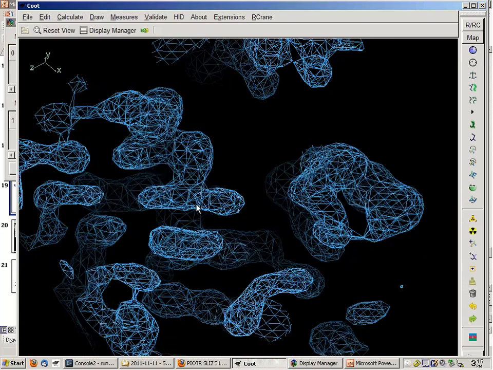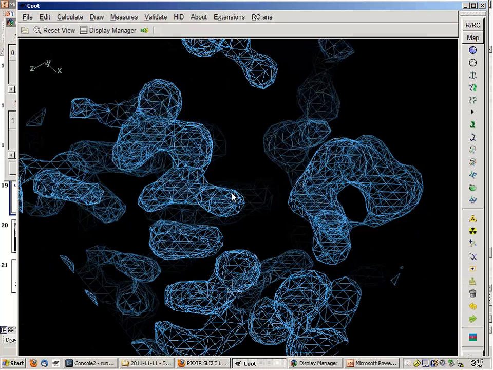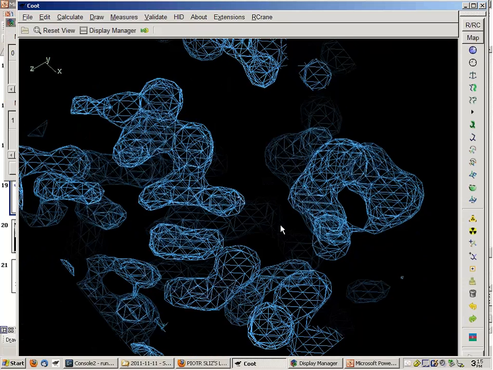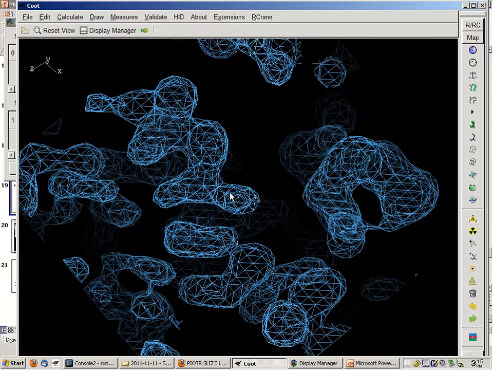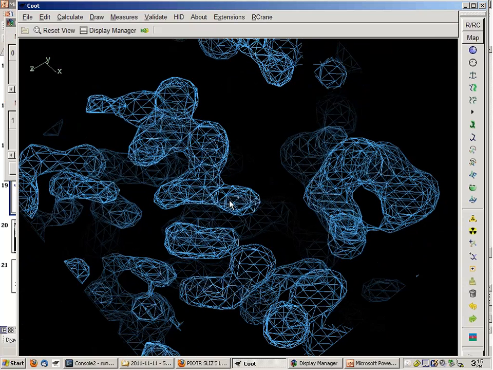So to use RCrane to trace density, to trace the structure, the first thing I would do is try to find something close to a phosphate, someplace where I want to start the trace. So let's say I've decided, okay, this looks like a phosphate, and then this would be the backbone, so here's another phosphate and more backbone. This would be a base, so I want to trace a nucleotide that goes from this phosphate to this base